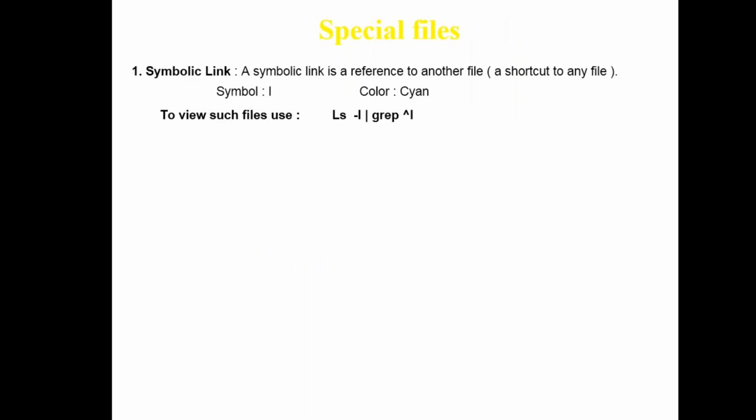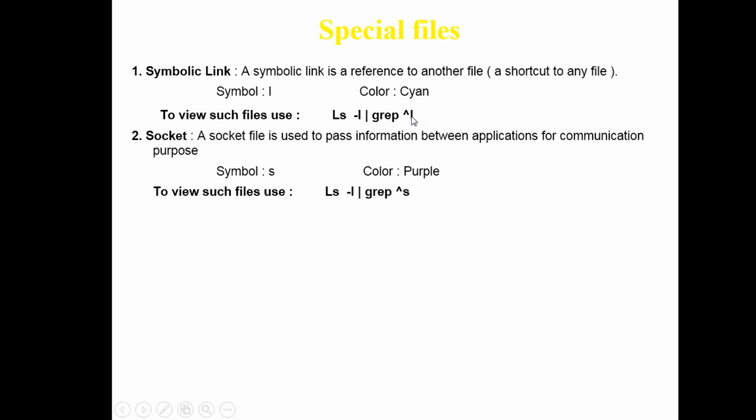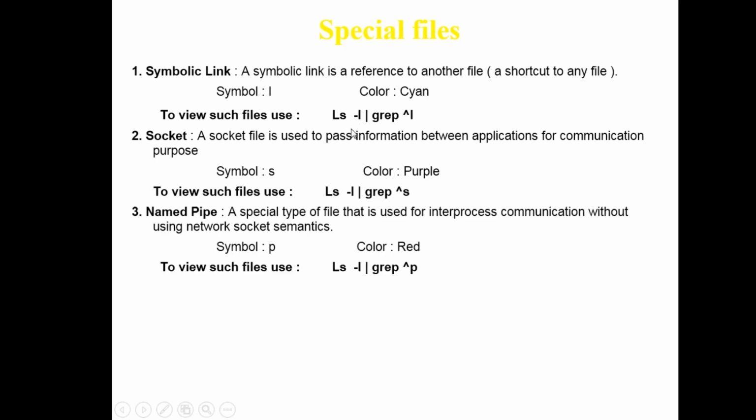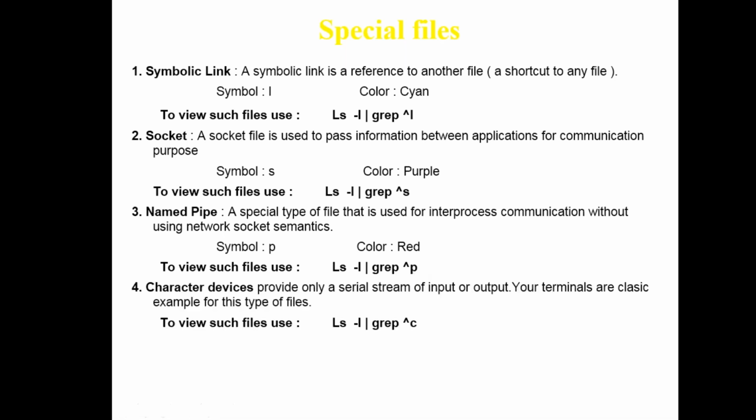Similarly, other options are there to view such files. For example, I want to view the list of all my symbolic links, so I go for l. So grep is this one to view such files, and it will show me these files. Similarly, socket files. This is the main list, it will produce the whole list, and grep is filtering that list. So the output of this command is used as the input of this, and it will filter it. So I want only this kind, so the pattern for the grep is this. Similarly for socket, this.